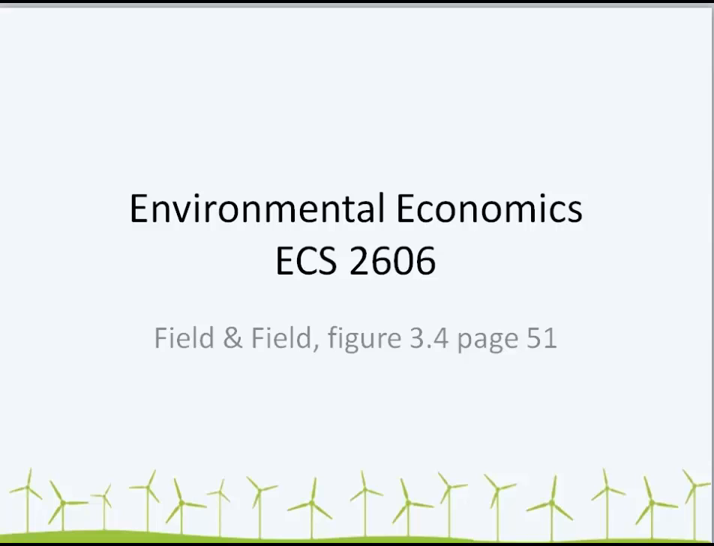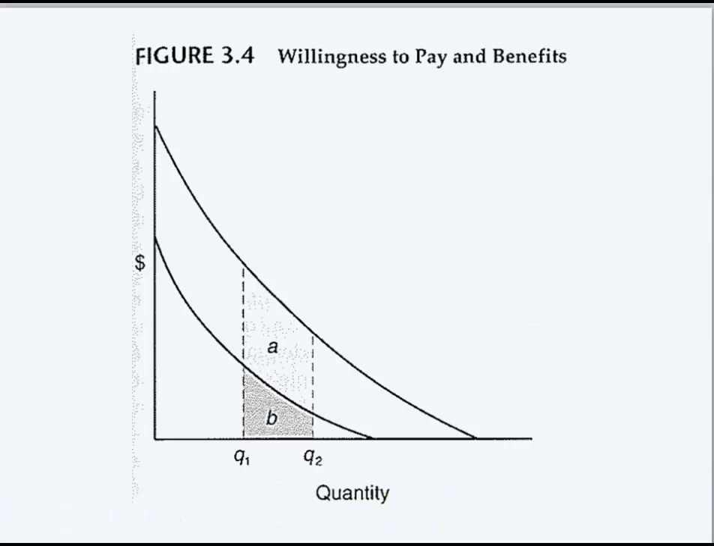Okay, so figure 3.4 on page 51 looks at the benefits we get from an increase in quantity. Now we said that the willingness to pay and the benefits can be shown as an area below the willingness to pay line. If I have two willingness to pay or demand curves over here, let's say the one in green and the one in blue,